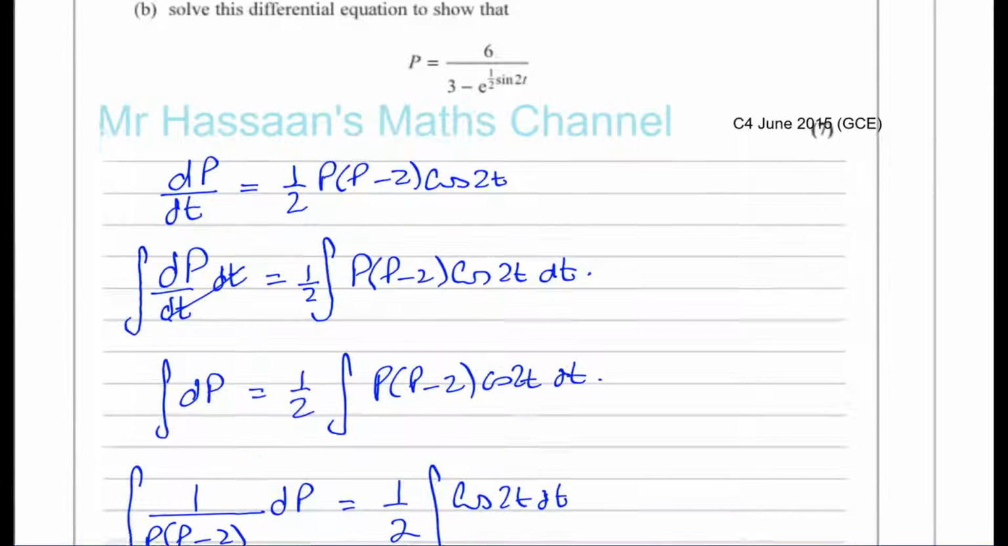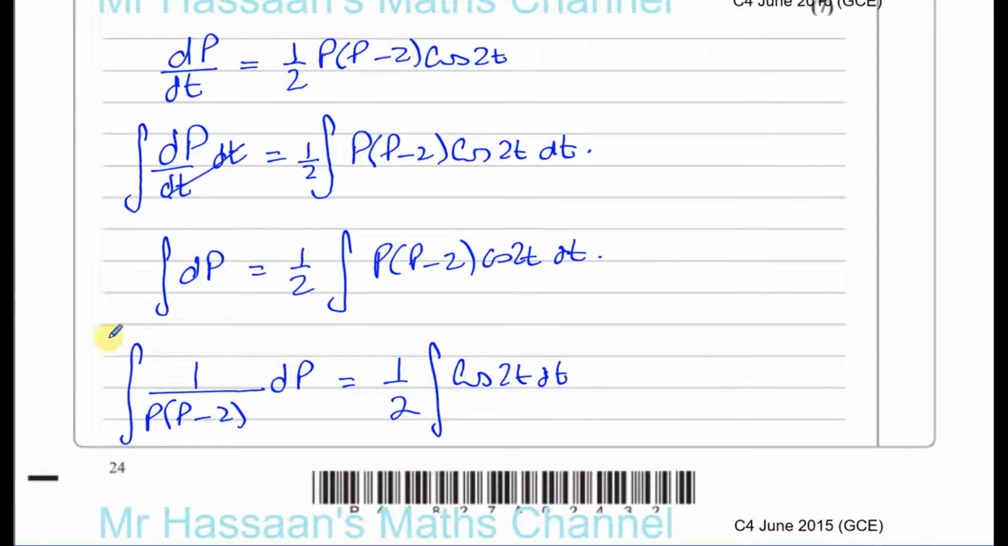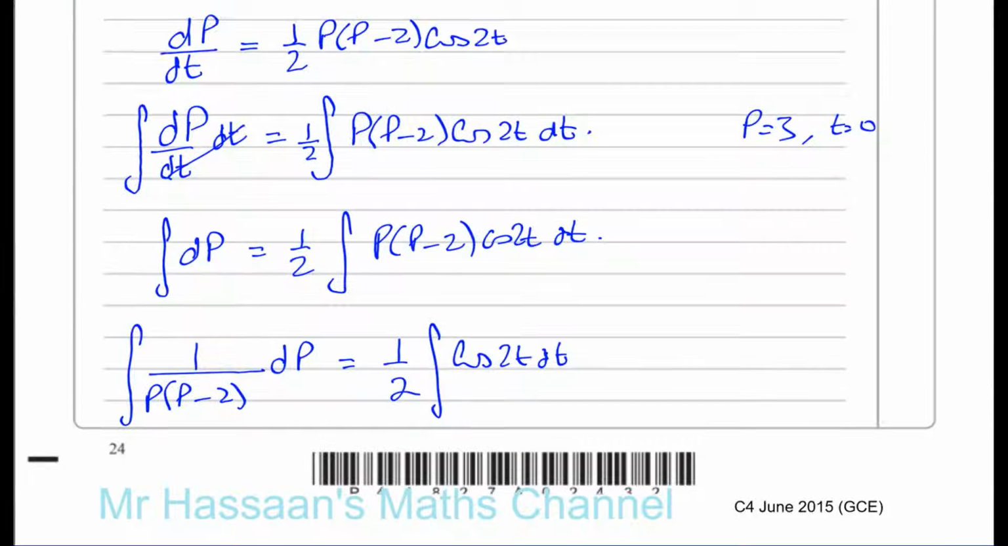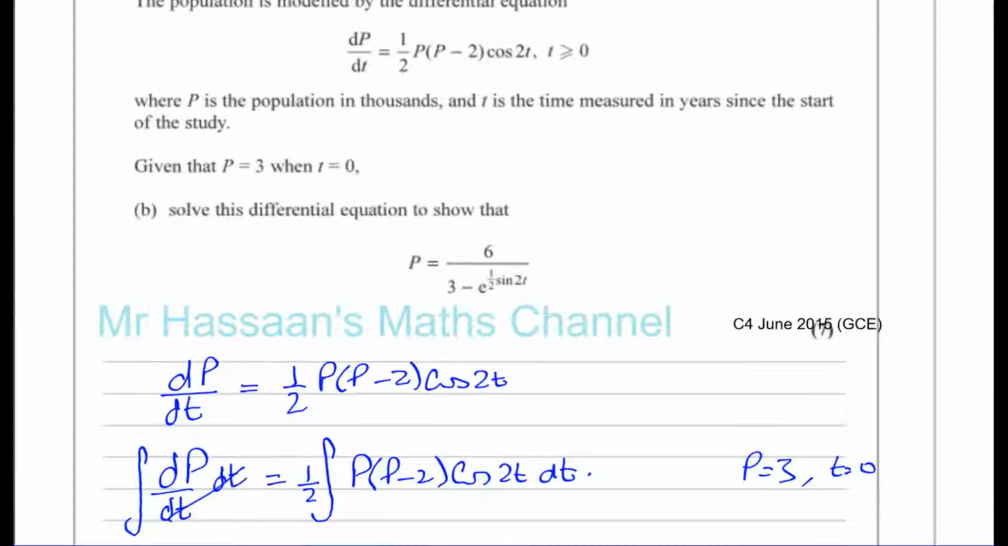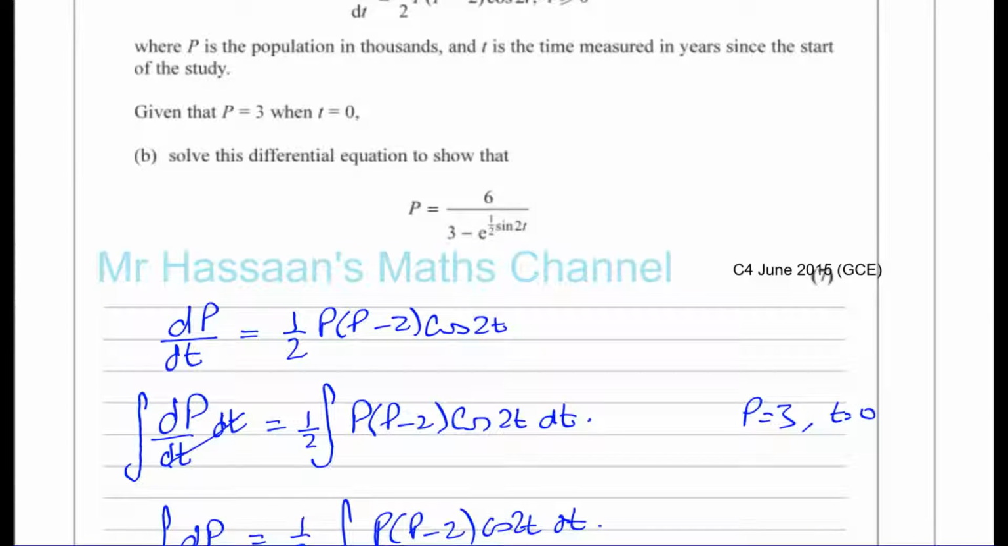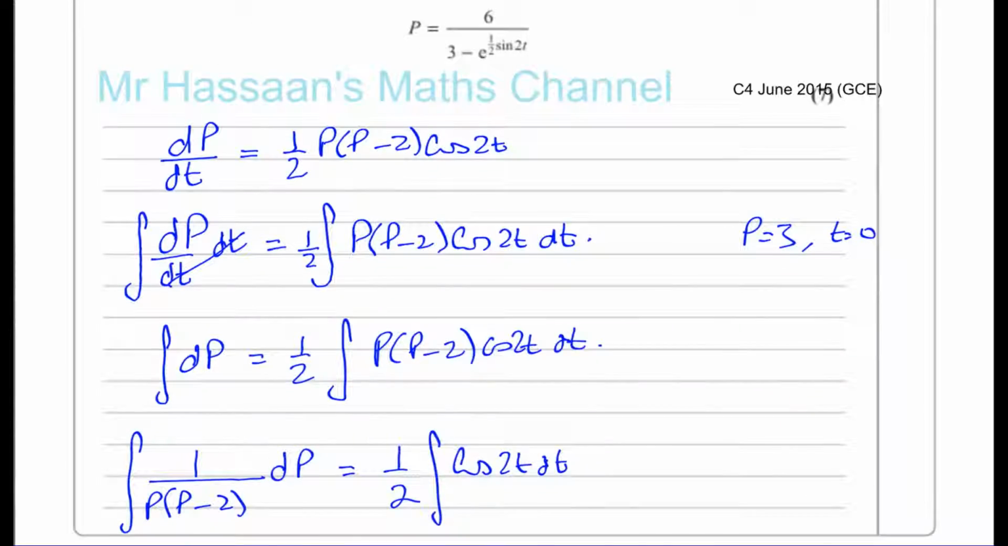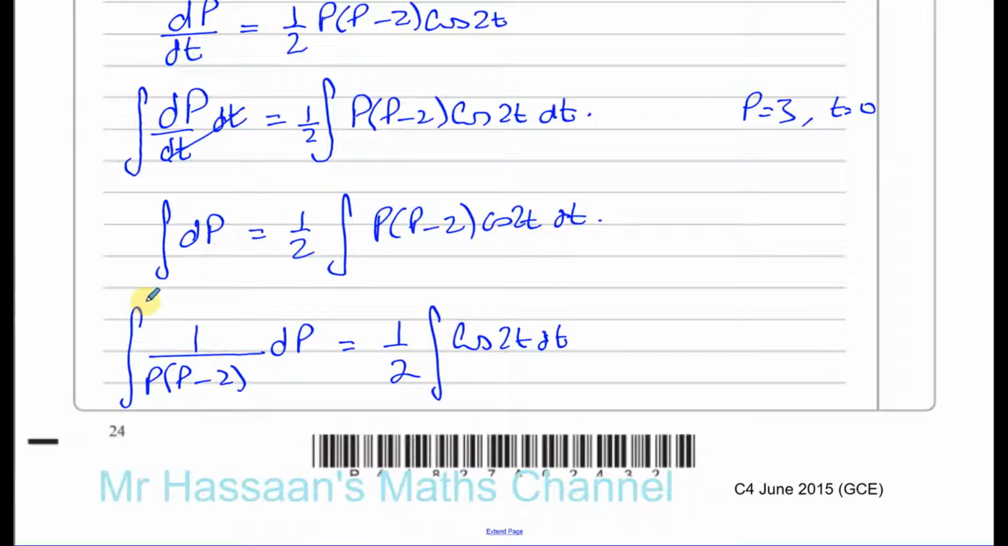Now there's a nice little trick that you can use when you're dealing with differential equations. It says when p equals 3, t equals 0. So because we have to solve the differential equation to find this particular solution, I'm going to put p here and t on the top,